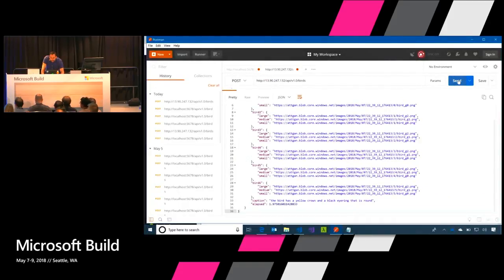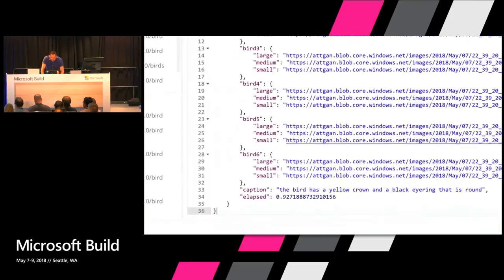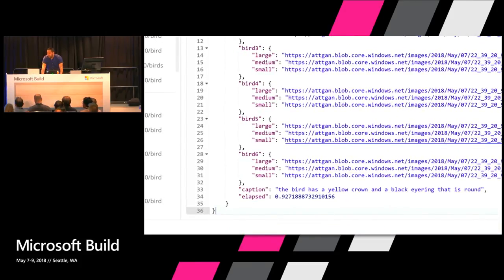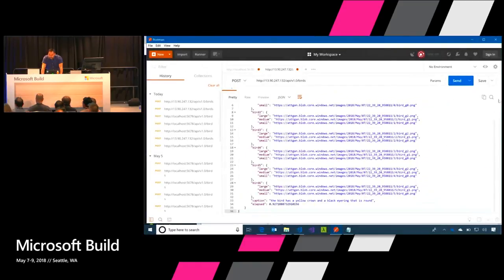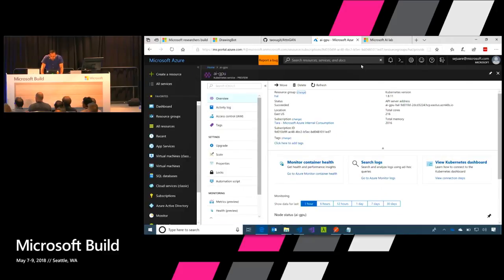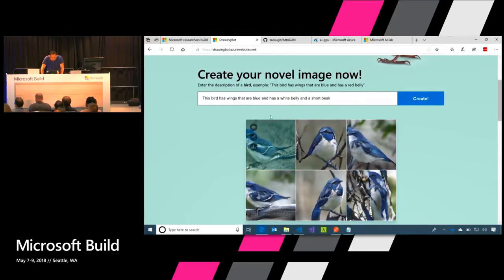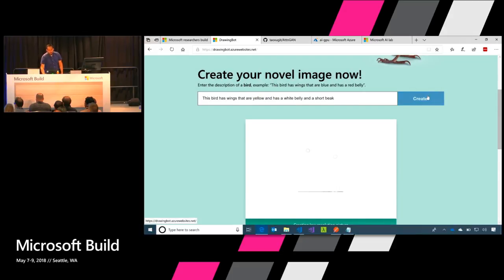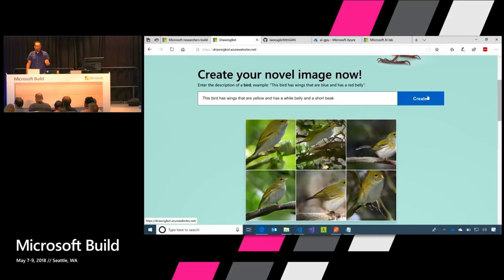It's a lot faster, right? That had to wake it up. I think it had to be woken up. And now my joke of give it a second, it's a lot funnier, yeah? No? And it's really fast. And so whenever you think about AI, here's, by the way, the drawing bot. I can change it to anything. Let me change this to yellow. Now it's calling a Kubernetes cluster with containers that call into GPUs to generate novel images.